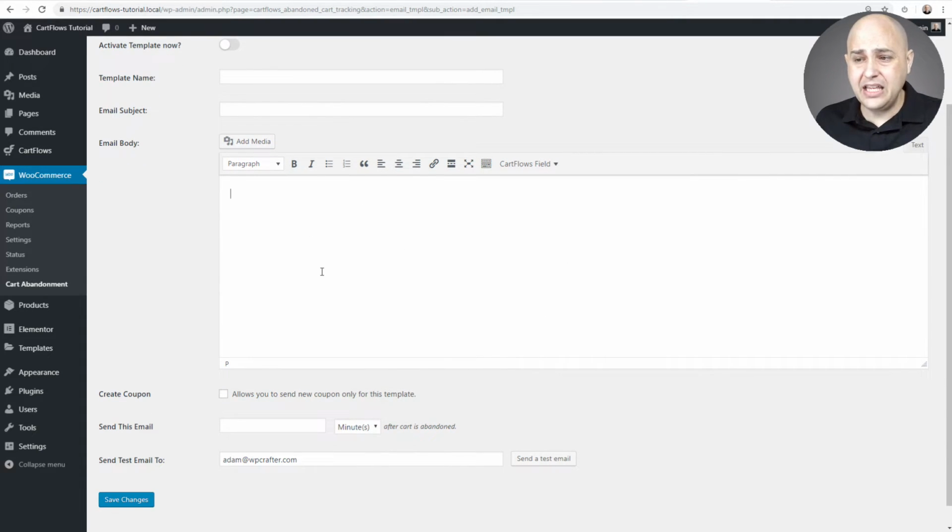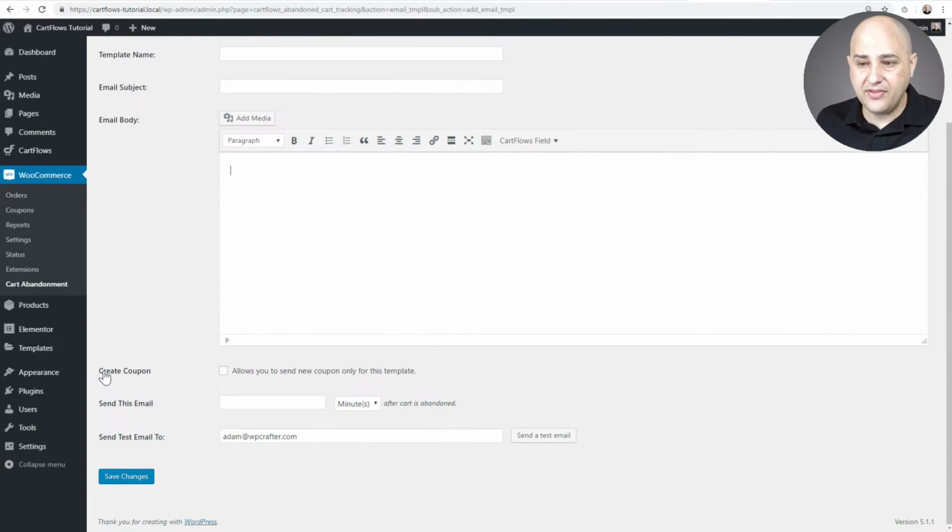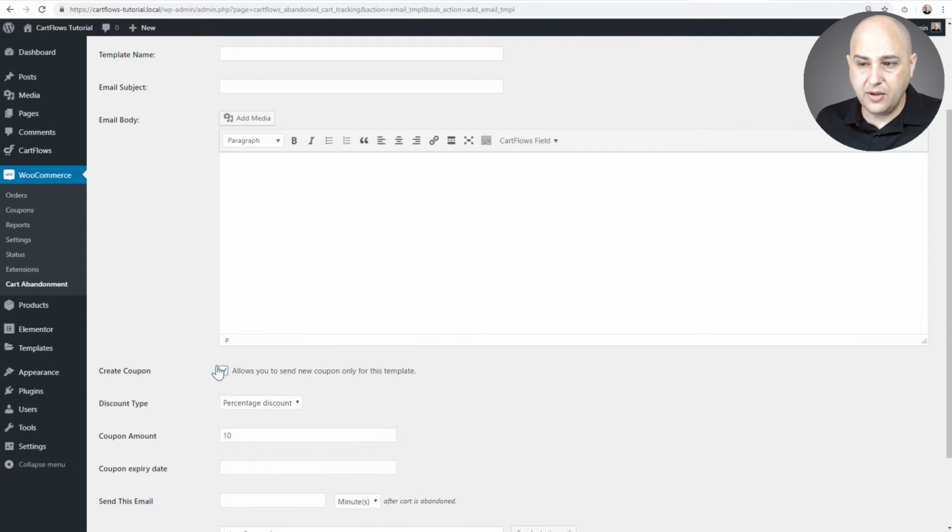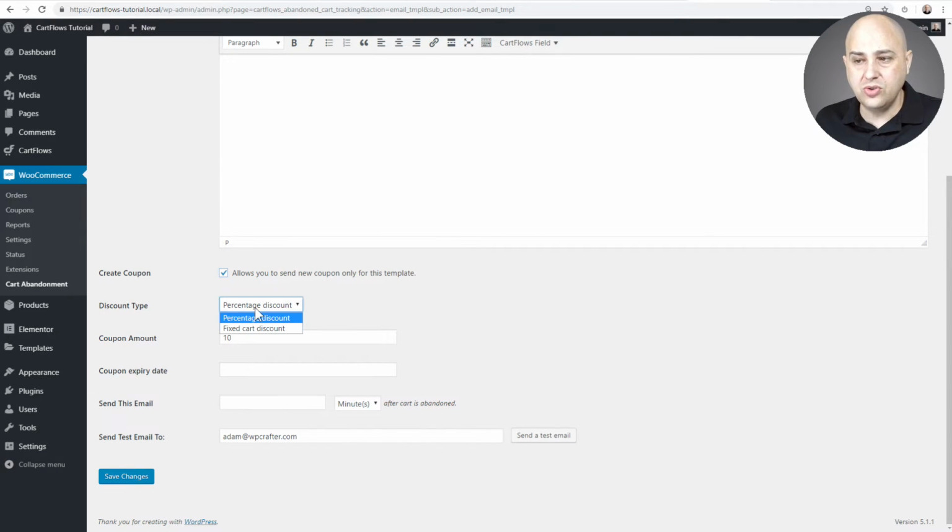So you would put your email text in right here, and then we have this option here to create a coupon. This is for those people that wanted a discount, but check this out. We take it a bit further. When you check on the box, you can choose the type of discount, the amount, but check this out. Expiry date, the date this coupon or discount's going to expire. And this is how you create urgency for those people that needed some urgency in order to complete their purchase. Anyways, okay, and then